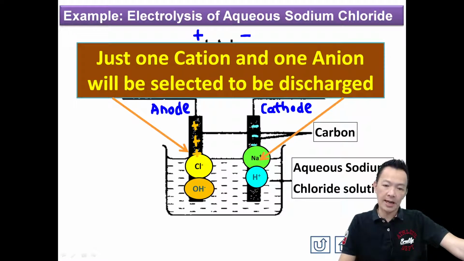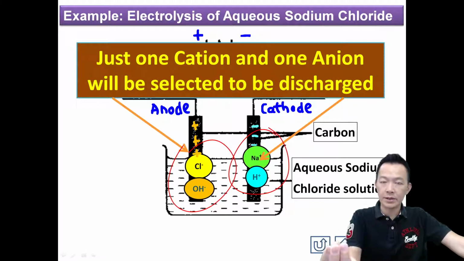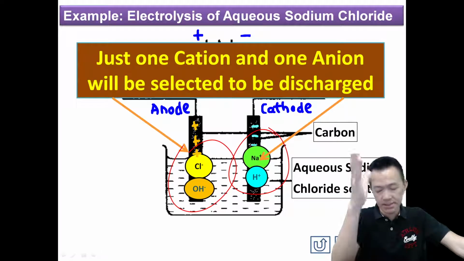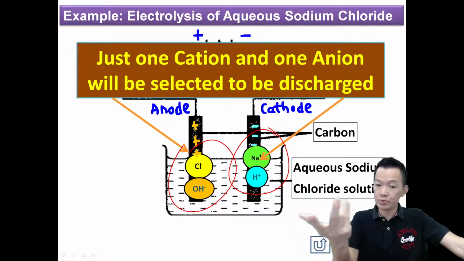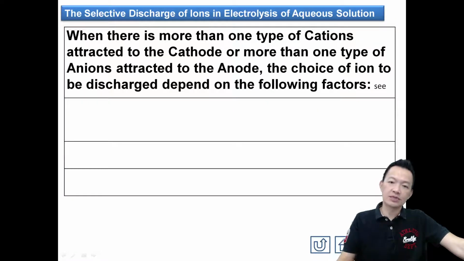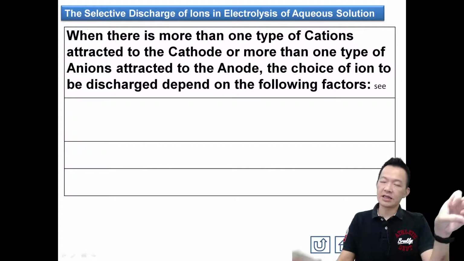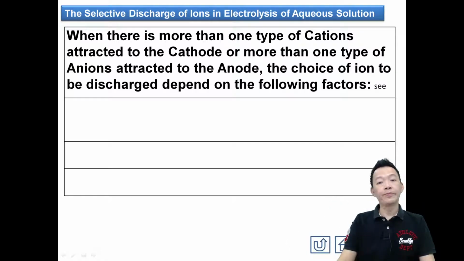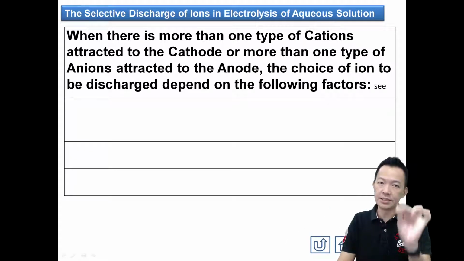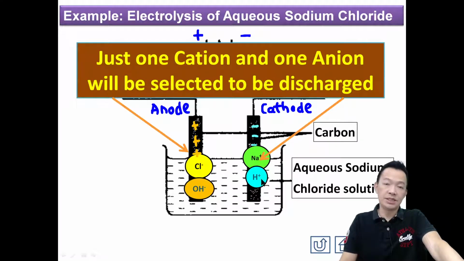So just one cation or anion will be selected to be discharged. 只有一个 cation 跟一个 anion 会先来 discharge. The problem is here. Chloride hydroxide 谁 discharge？Sodium 跟 hydrogen 谁 discharge？以前的 molten 就容易了，只有一种离子，它直接 discharge。这个 aqueous solution 的就不简单了，对不对？So who discharges? 盐水的电解法，谁 discharge 谁不 discharge 就要看情况。When there's more than one cation attracted to the cathode, or more than one anion attracted to the anode, the choice of the ion to be discharged, 你就要选择性的给某某离子 discharge，不是全部能 discharge，只有其中一个能 discharge 罢了。